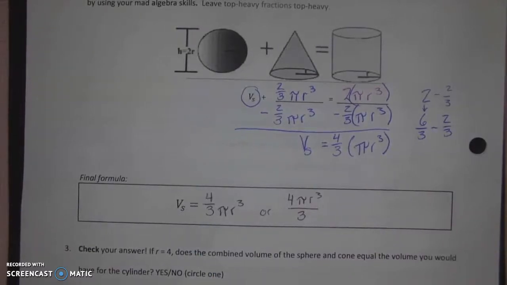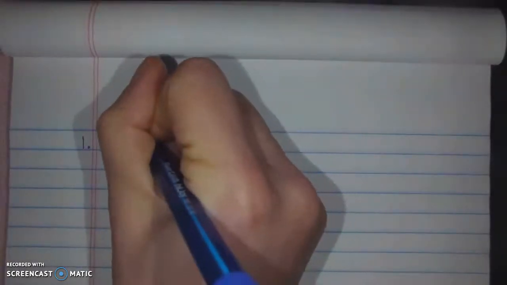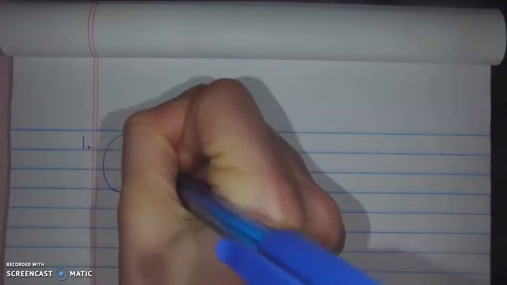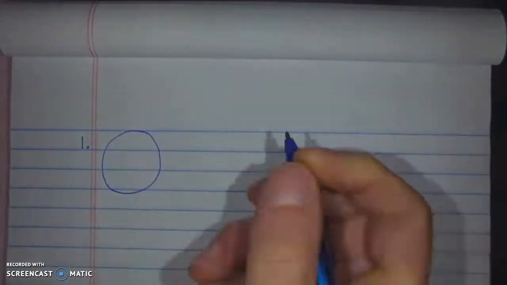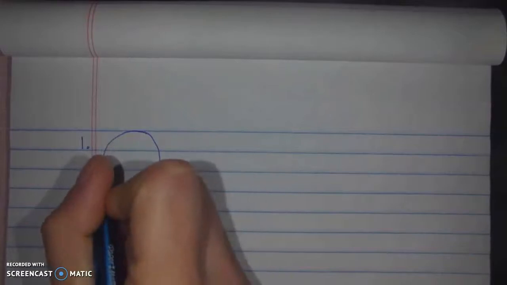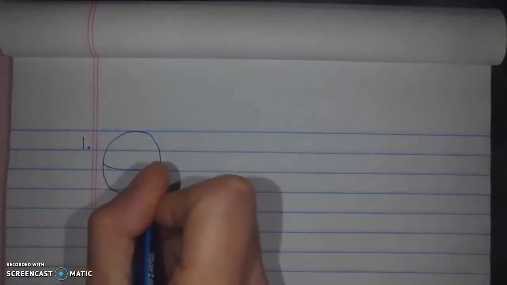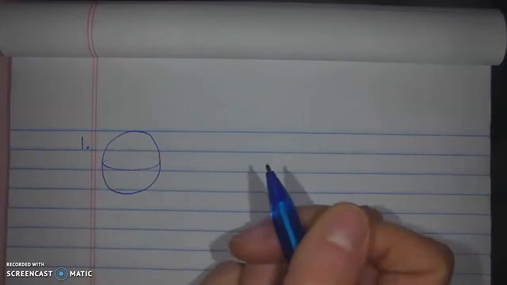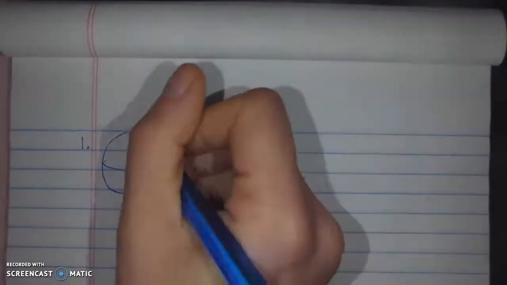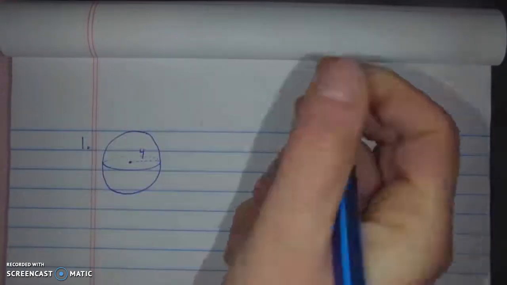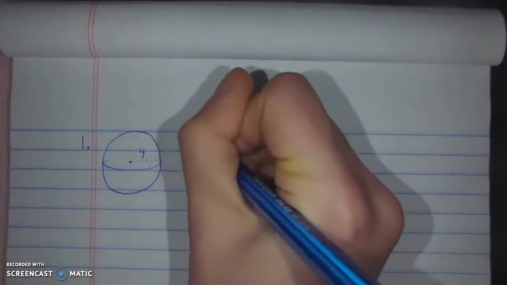So now that we have this formula, we're going to look at how it's used in a couple different instances. Alright, so let's try out this formula. I'm going to look at a sphere where my radius is going to be 4. This is, by the way, how you draw a sphere. You just draw a circle, go to its broadest point, that great circle inside it, and draw in a curved line to give it the sense of depth and dimension. Now I'm going to draw that radius in, a radius of 4. So if I want to find the volume,